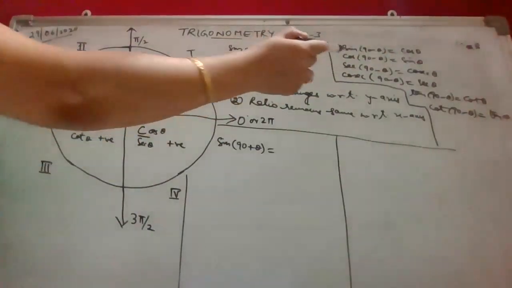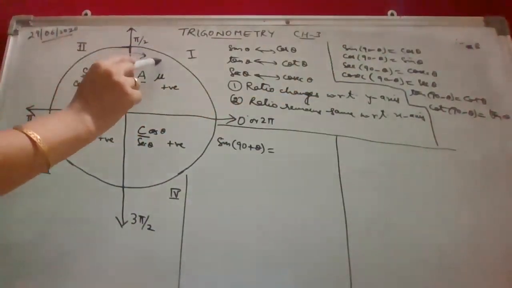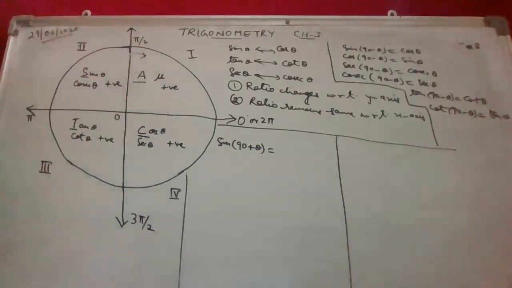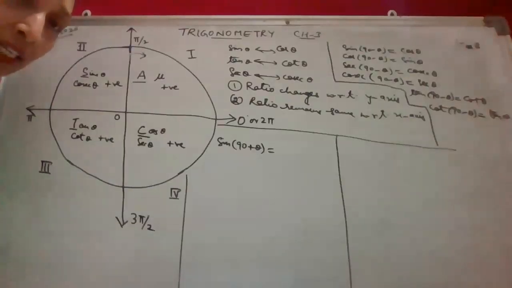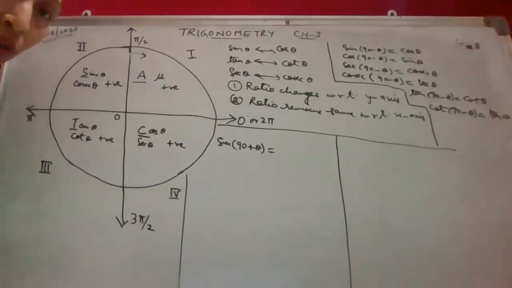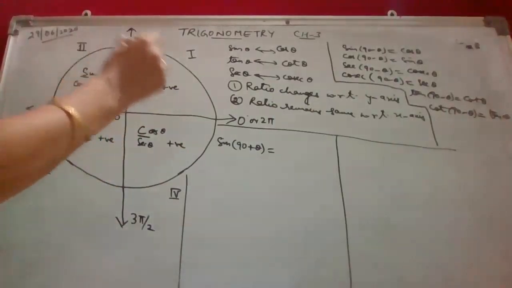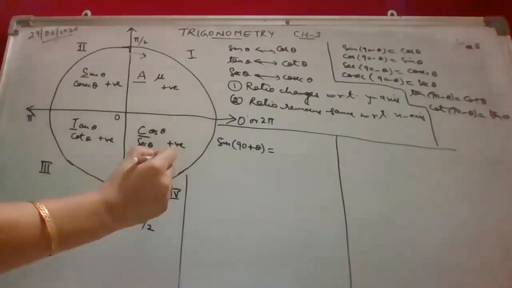Similarly, let us say cos(90 minus theta). Again we come to the first quadrant. 90 minus means an angle which is less than that, so we come to the first quadrant. And this theta is always taken as an acute angle. Whenever you are changing the ratio, theta will always be taken as an acute angle. Acute means it will be less than 90, so this will come to the first quadrant and not to this one.